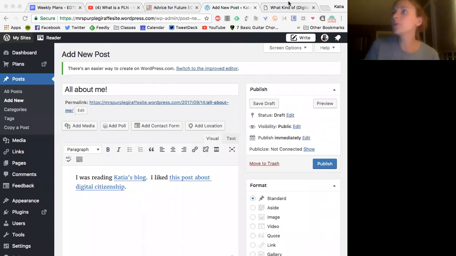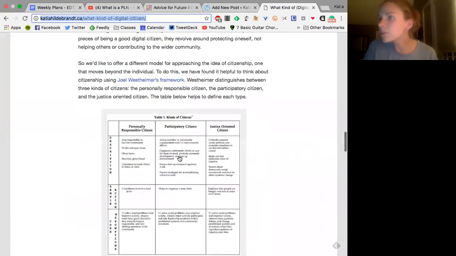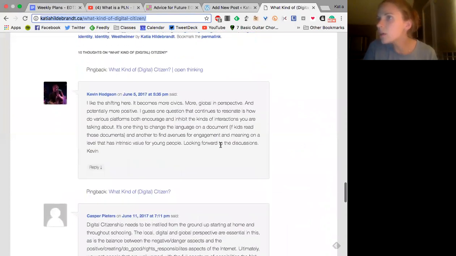So you can see, for instance, if I go to the bottom of this post, here's one. There's a pingback here. So I know that this blog mentioned, they talked about my blog post. If I wanted to know, I could go and check it out, right? This one did it too. It's clearly been linked in somebody else's blog.